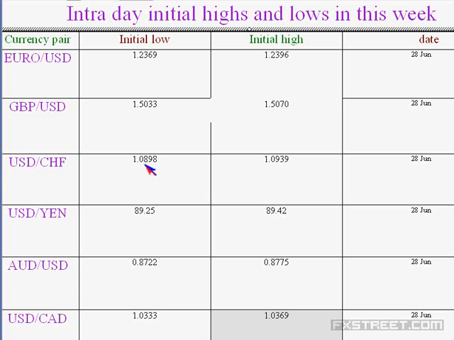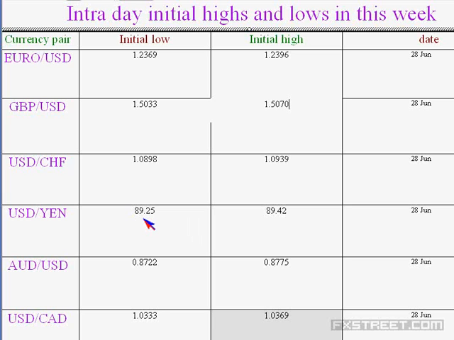Then in the case of USD CHF, 1.089 is the low, which is intact. 1.0939 is the high, which is also intact. And the negative net change of 3 pips shows that we want to dip less and gain more in the case of USD CHF. Don't try to do sell and buy trades in the case of USD CHF. That might be more risky. If you have the risk appetite, probably you can try that. But otherwise, if you want to do safe trades, then avoid taking sell in any of the currency pairs.